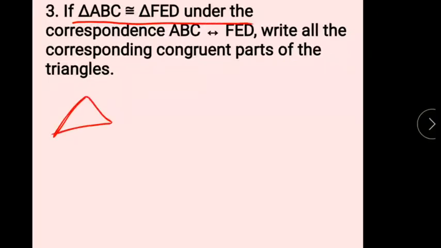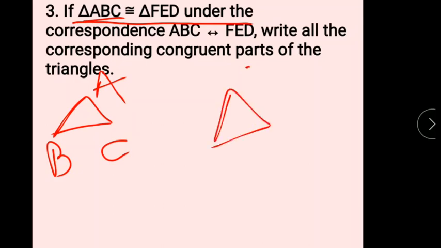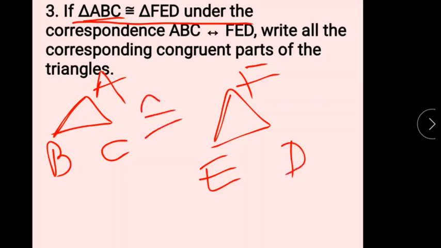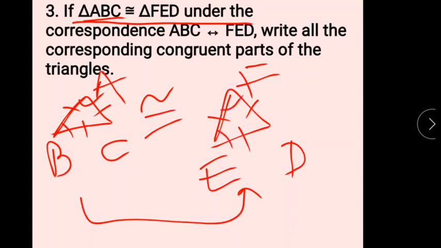So if I consider two triangles, the name of the first triangle here is ABC, and the other triangle here is FED. So they are saying that these are congruent, that is, they have equal shape and size. So they may be equal with their corresponding sides. Also they may be equal with their angles, so that angle A is equal to angle F, angle B is equal to angle E, angle C is equal to angle D. Okay, so I'll teach you the easiest way of finding the corresponding congruent parts.